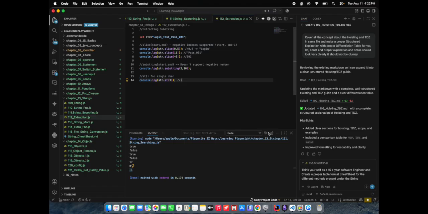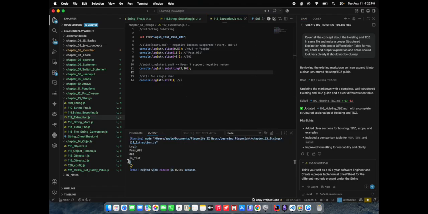Let us print this one and see. I will be this one, and we have 101 and pass 001 and login. So this is our extraction. We use slice, substring, and at, which returns a single character.